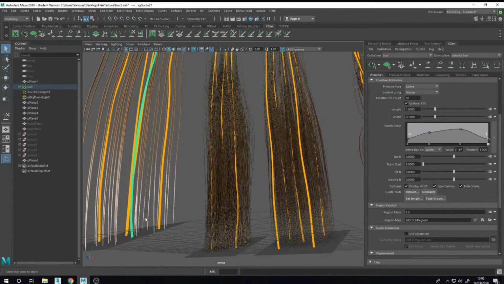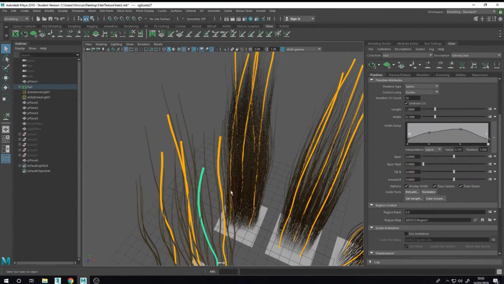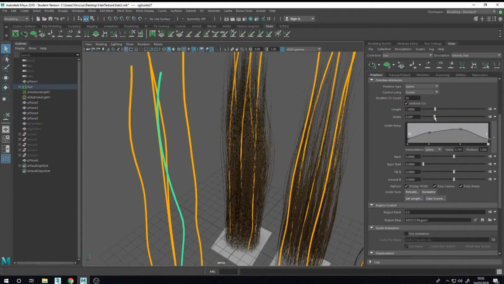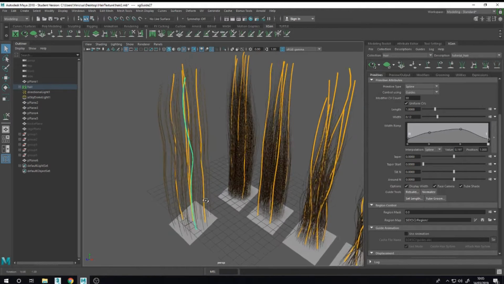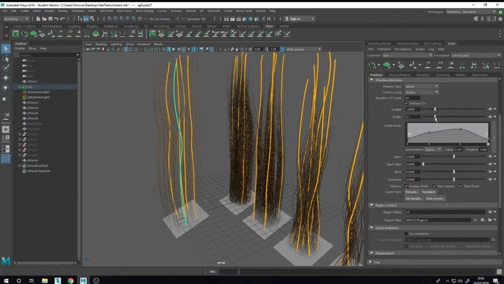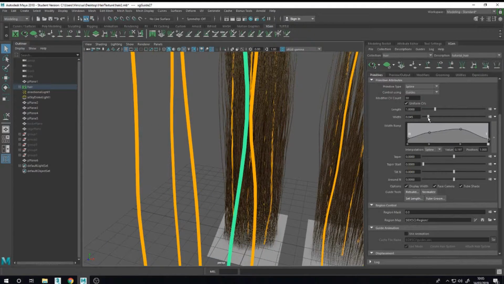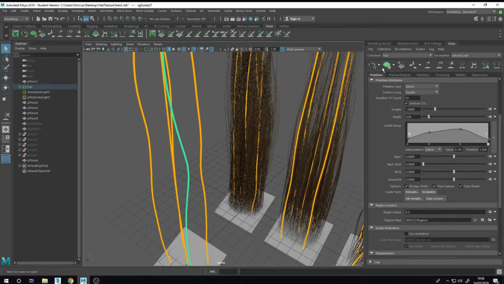So change in the root and here decrease the width a little. 0.05, I think it's good.